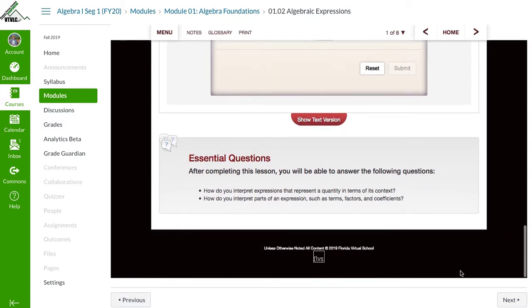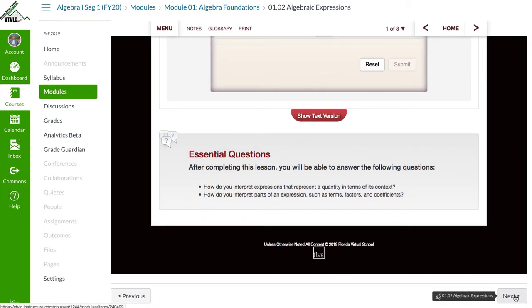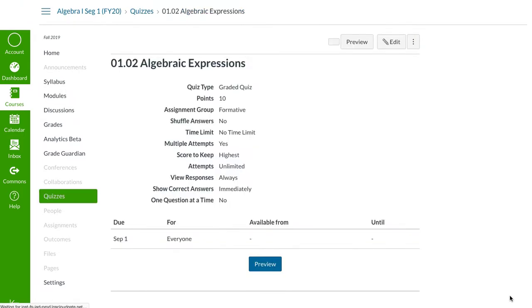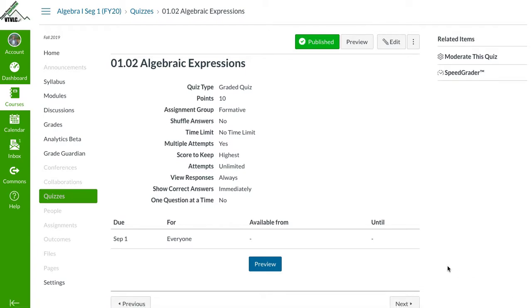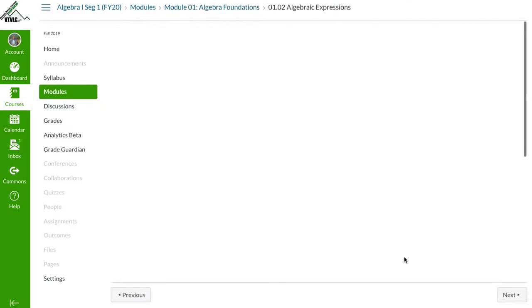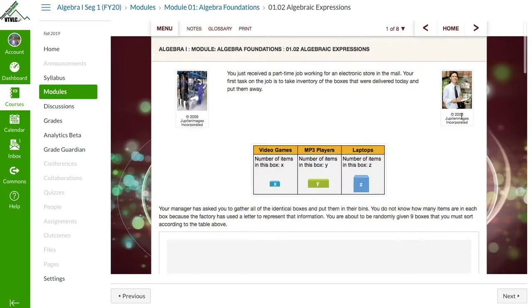Now, you're all the way down here, and you're tempted to click this next button. Don't do it. You'll be sorry. Let's just see what happens if you do click the next button. That's going to take you to the quiz. All right, so you're not ready for the quiz yet. So let's not click the next button, and instead click up here